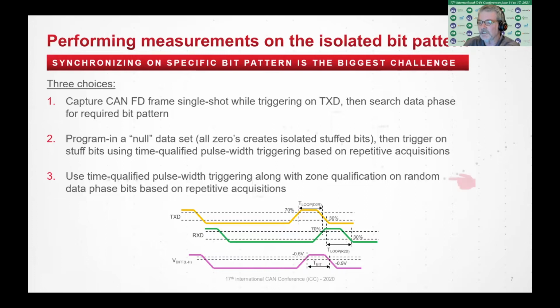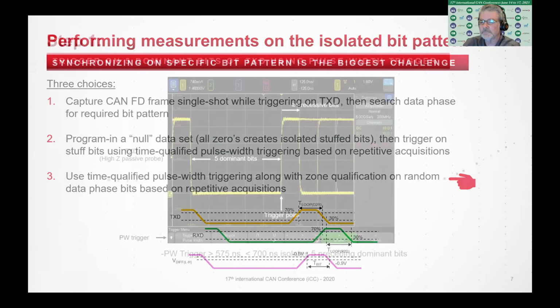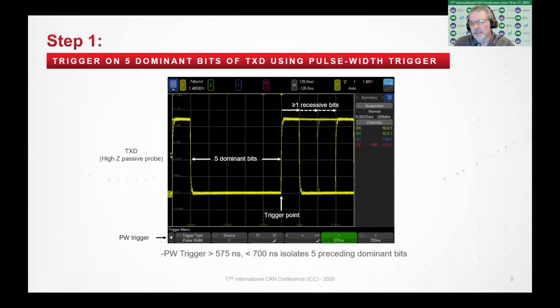Number three, and this is really the focus of this presentation, is to use time qualified pulse width triggering along with zone qualification triggering on a random data phase bit based on the repetitive acquisitions. Let's see how that's done. So here I show an example. We're probing the TX signal using a standard high impedance passive probe, and the scope is set up to trigger on 5 dominant bits. Now this particular waveform is based on an FD